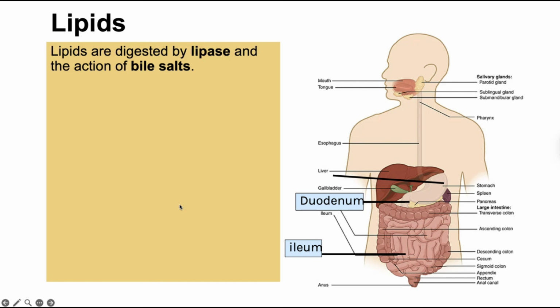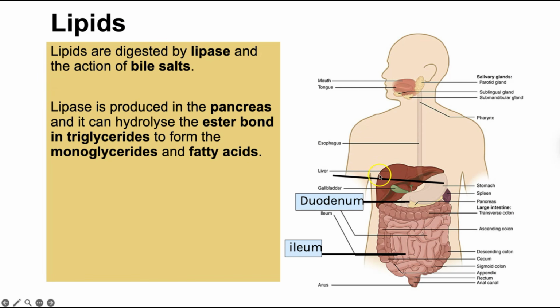Next then is the lipids, and these are digested by only one enzyme, lipase, but also by the action of a chemical called bile salts. So lipase is produced by the pancreas and it releases it into the duodenum. And lipase can hydrolyze the ester bonds in the triglycerides. And that's the bond between the glycerol molecule and the fatty acids. So by hydrolyzing those ester bonds, you are hydrolyzing and releasing those fatty acids, and you do get monoglycerides as